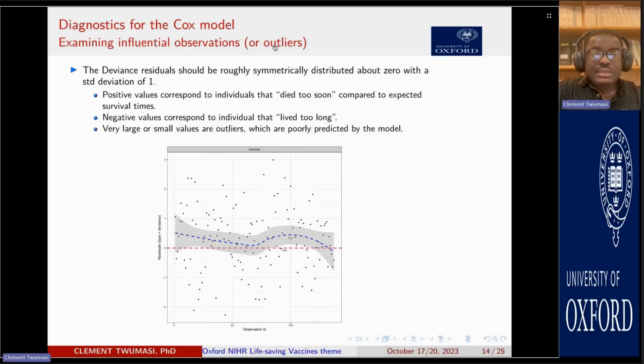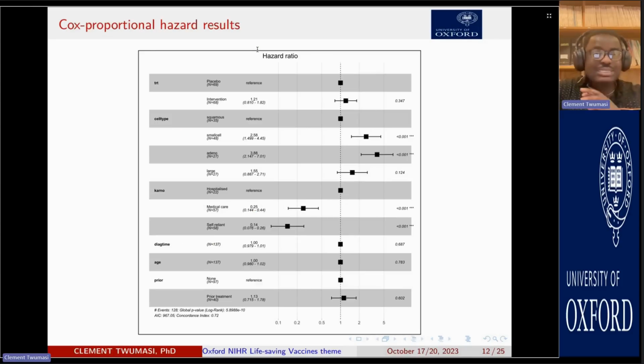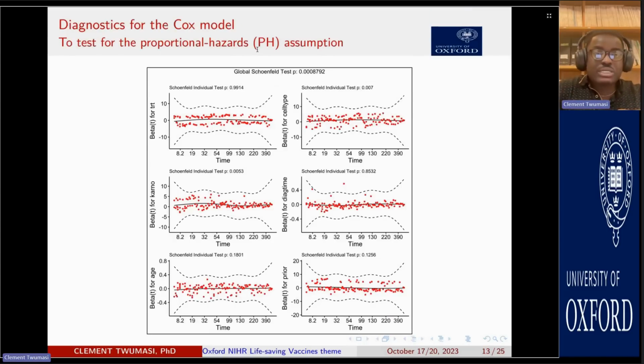And then, as I said, there are other parametric assumptions. Since Cox proportional is semi-parametric, we need to investigate all these. So don't just fit the model, get your forest diagram, and then just conclude that you've identified some predictors that predicted the survival times and so on and so forth. But you should also ascertain, since it's semi-parametric, whether those assumptions were met,